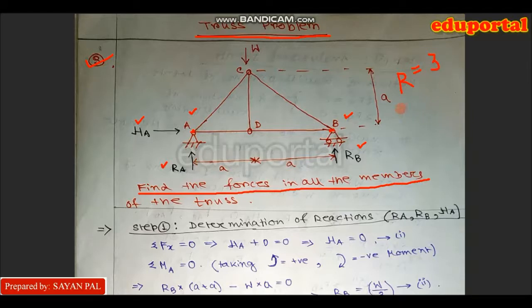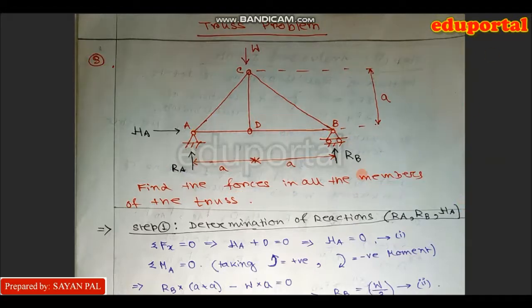And the total number of equations that we have is equal to 3. They are summation Fx equal to 0, summation Fy equal to 0, and summation of moment equal to 0. So the degree of statical indeterminacy, DSE, equals r minus e, equals 3 minus 3, equals 0. Because the degree of statical indeterminacy is 0, the structure is statically determinate. So it's a determinate structure.